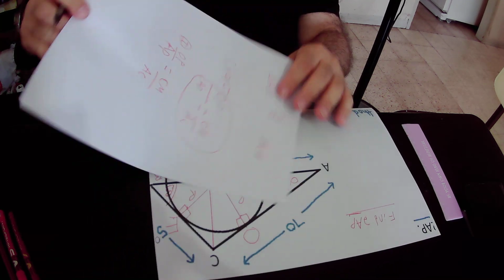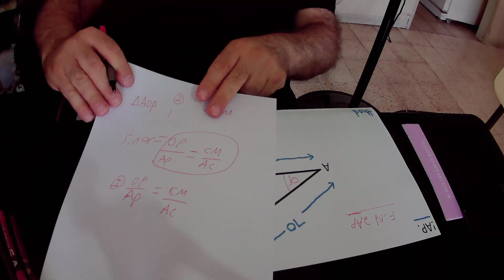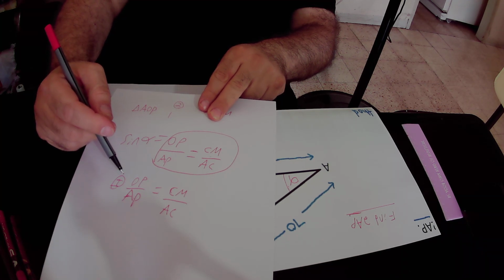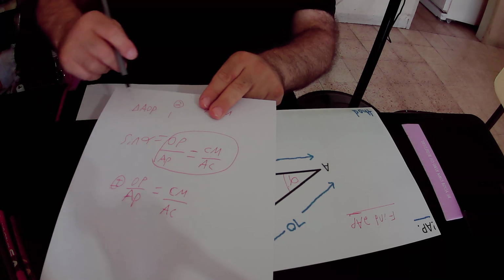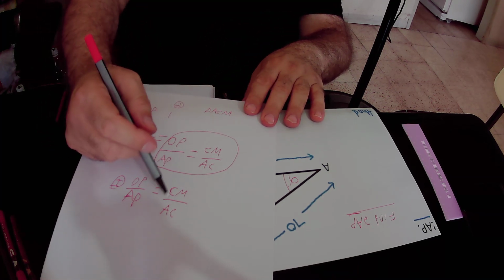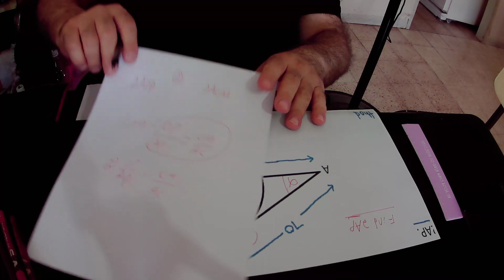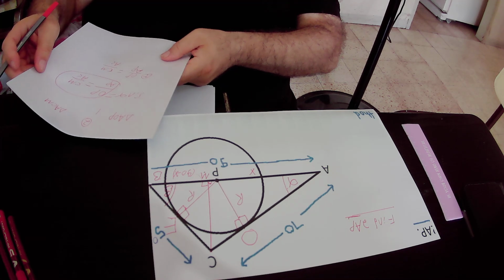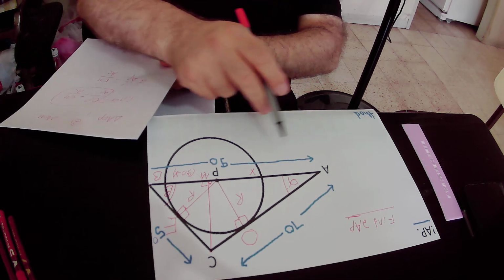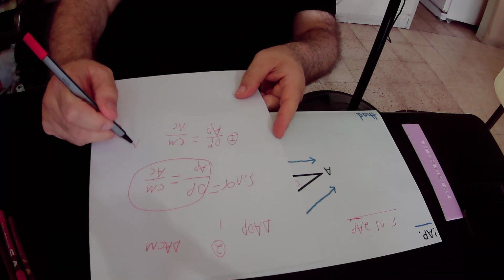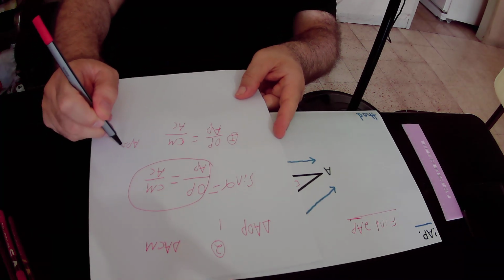Here I copied this equality to here, and this is actually our first equation: OP over AP equals CM over AC. But we defined AP as X, so we can write down that AP equals X,